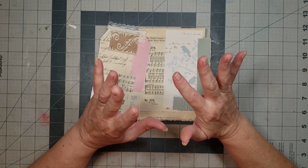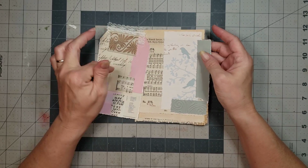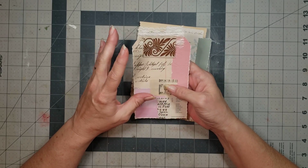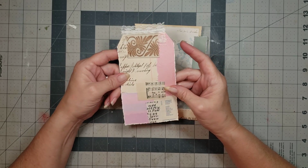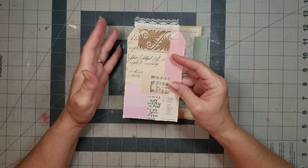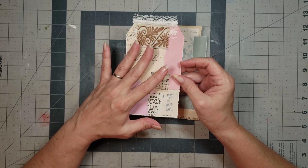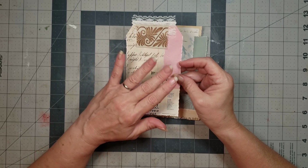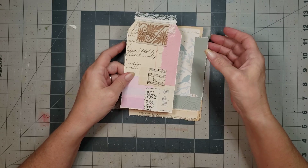So I've gone ahead and gotten some things together to try and make some of these. But what I want to show you is, a lot of times, we make tags and things, and we have so many scraps. And when you make things like this, you tend to wind up with more scraps. Like, I have a ton of scraps right now. So I thought we could